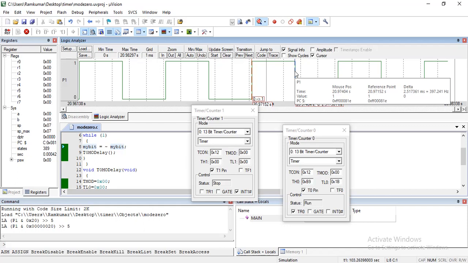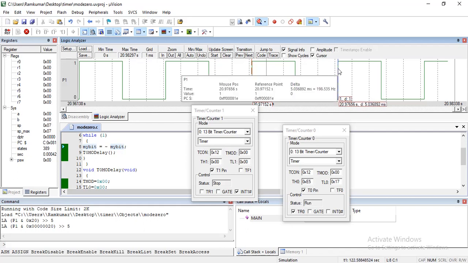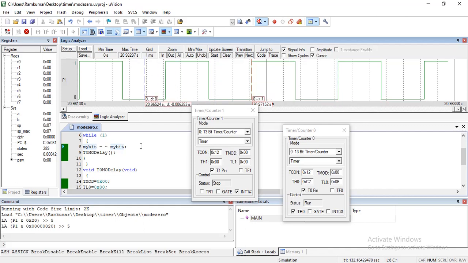In the last mouse position reference point delta, you will see 2.5 milliseconds exactly we obtain. So the total time period, how much do you get? 5. You can see the delta is showing 5.036892 milliseconds. So with the help of this timer we can get the exact time delay.